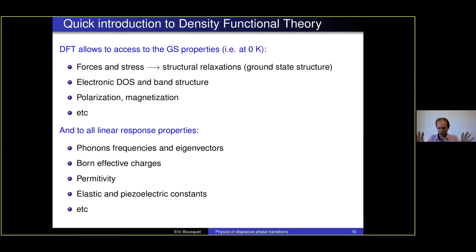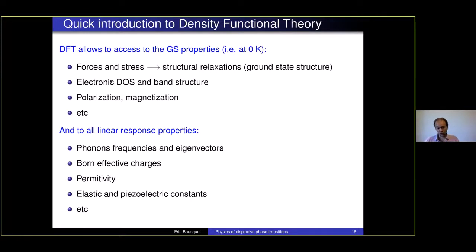So for given atomic positions, we can find the density that gives the minimum of the energy. But because we can compute forces and so on, we can also minimize the forces to see where the atoms are going to sit. That's going to minimize the energy of the system. So we can do what we call a structural relaxation to find the ground state atomic positions and cell parameters at 0 Kelvin. And to say, all this theory is based on 0 Kelvin temperature.